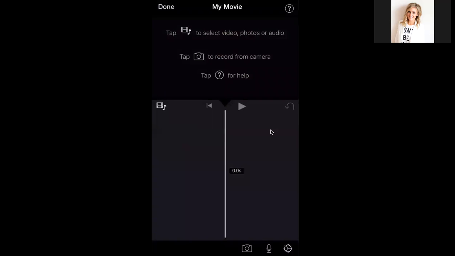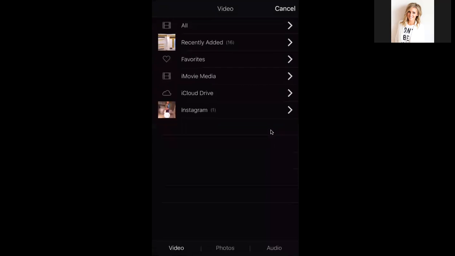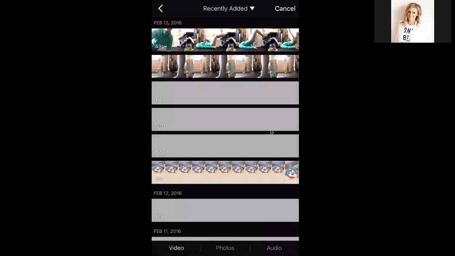So it's pretty self-explanatory. It tells you exactly what to do. Tap that little icon to select a video, photos, or audio. Tap the camera icon to start recording a new video, or tap the question mark for help. I have some videos of workouts I uploaded to my phone, so I'm going to go pick them and upload them. So I'm going to click on recently added,